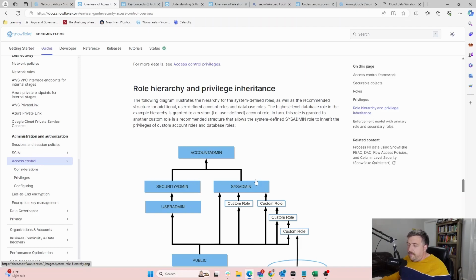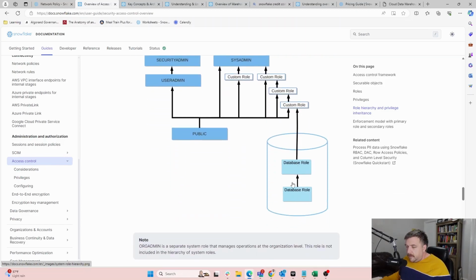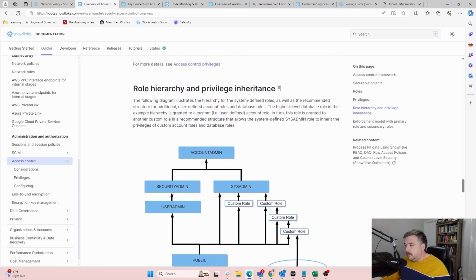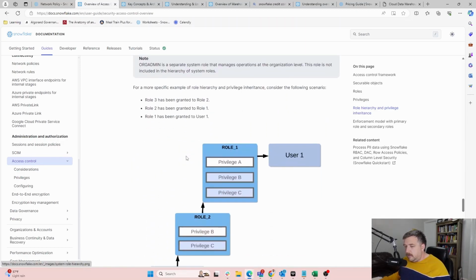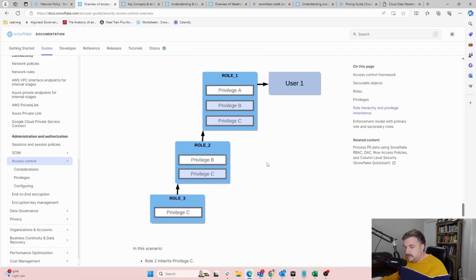So if you want to give sysadmin to people that are managing all the database stuff, versus security, and user admin is a completely different set of roles and privileges. That's how this works. Again, things that are on the core cert. So all of this, you're going to have to just get used to seeing this. And then there is the hierarchy of the roles. So you can put roles within other roles essentially.